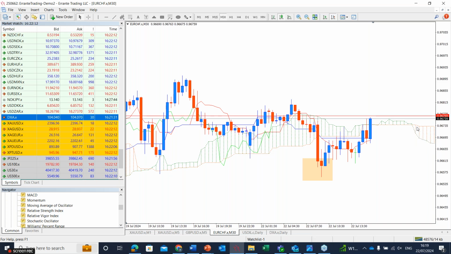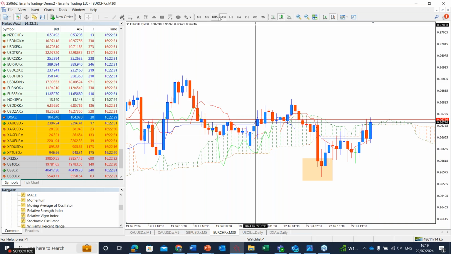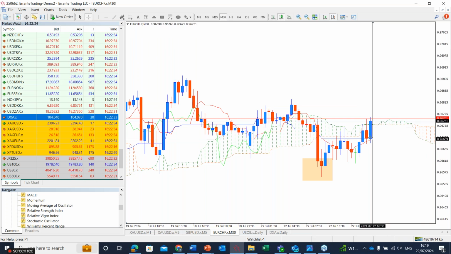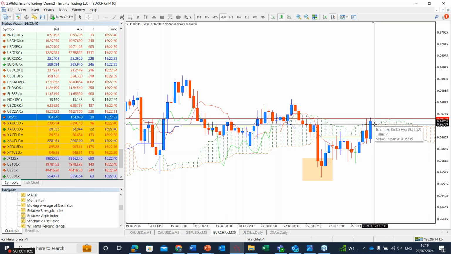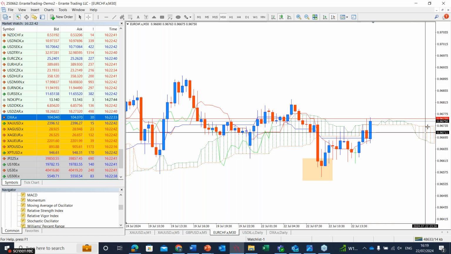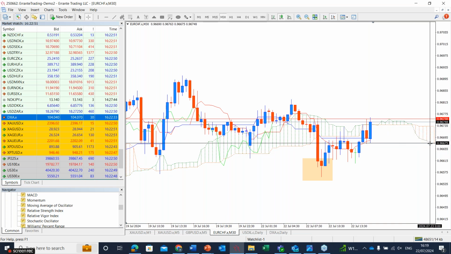And of course, when we have the Kumo above, bearish. And during the strong market momentum, we expect to see all the lines pointing in one direction. What does it mean? You look at this candlestick here on the 30-minute time frame, the Euro CHF, and you see this is a bullish one, taking the price above the Kumo. But when you look ahead, you see the Kumo has Senkou Span B above the Senkou Span A,